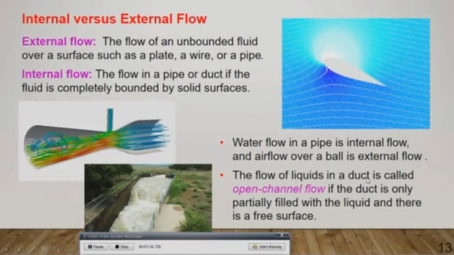The next one is about internal and external flow, as well as open channel flow. External flow is basically flow over an object. For example, in this case, the cross section of an aerodynamic object, maybe an airplane or the cross section of a ship. Whenever the flow goes around the aerodynamic shape, you can see the effect of the movement.